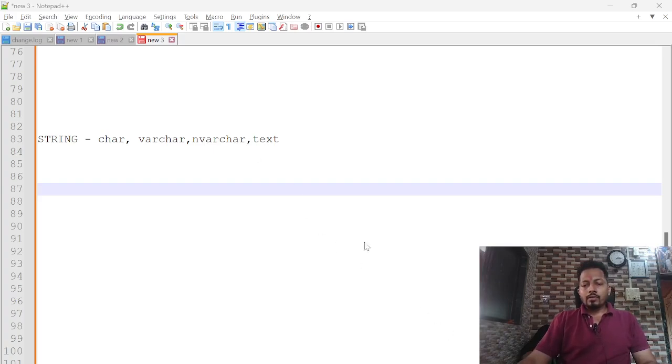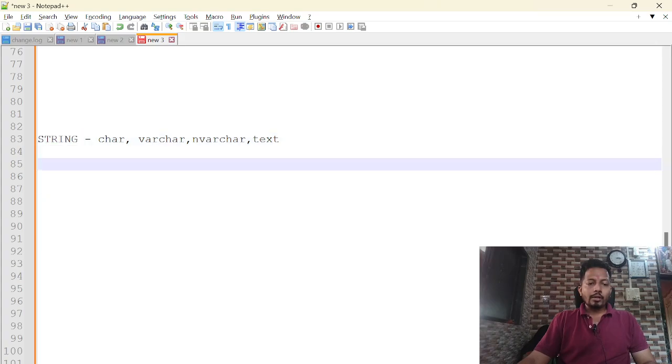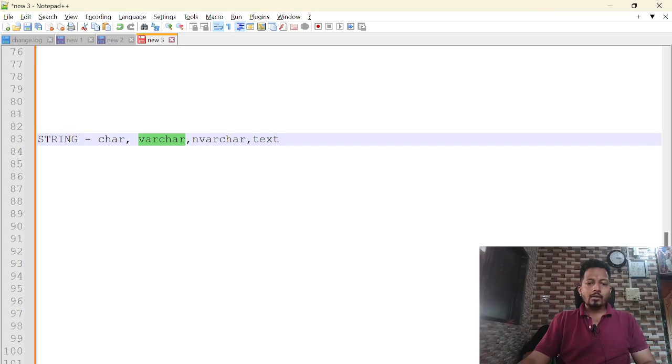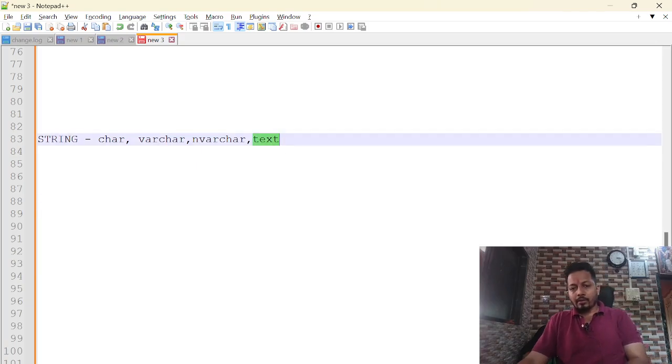Now today we'll see about string data types in SQL Server. To store the data in string format, we are using the data types char, varchar and text. But out of that, text is now deprecated. We will not be using it. If we define any column with the text data type, it will be supported, but it is not